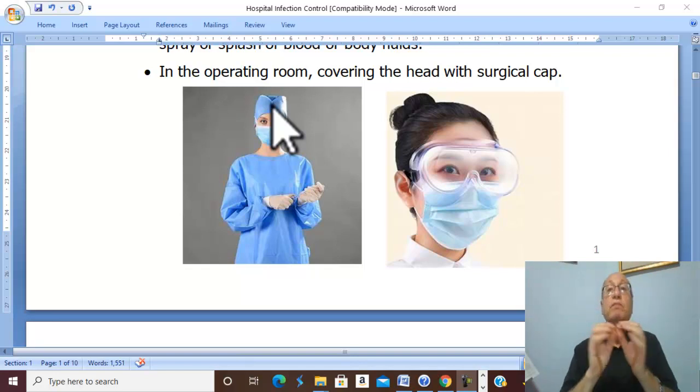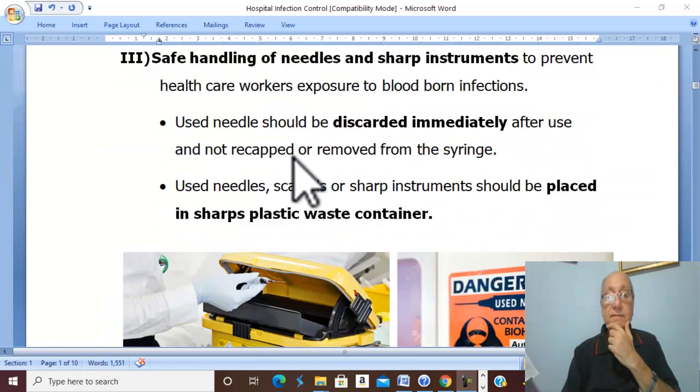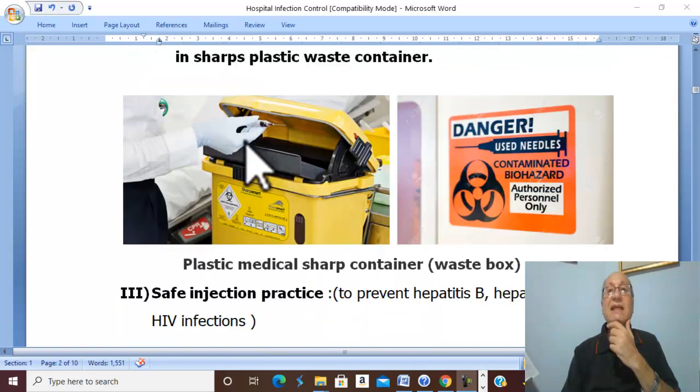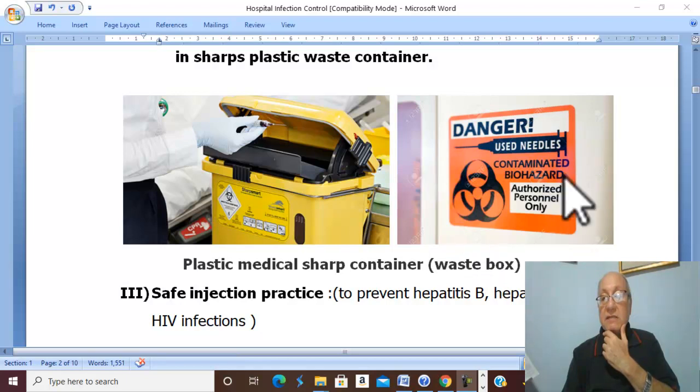Used needles should be discarded immediately. After use, they should not be recapped and not removed from the syringe. Used needles, scalpels, and sharp instruments should be placed in a sharps waste container, which is a plastic container, and on this plastic container there is